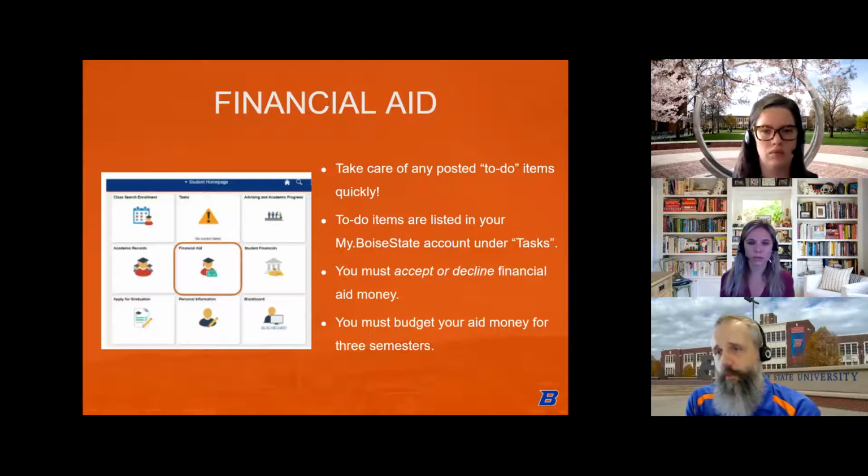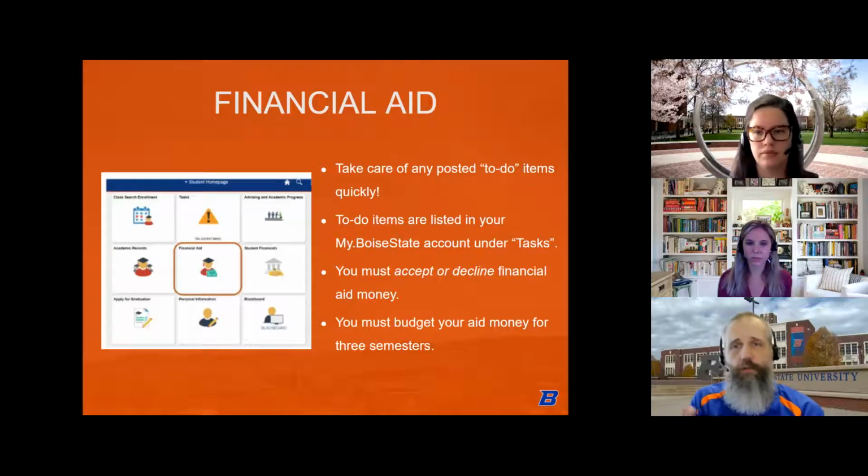But on this page, there's also right above that financial aid tile, there is a tasks tile. And that is where you can see if there's any to-do items that you need to do. And not just financial aid, but any office that needs additional documentation from you or another step that you need to do to move forward, it'll be posted there. And a lot of times it's typically financial aid things. They may be asking for additional documentation of something. So make sure you are checking that. And it also shows if there's any kind of holds that are stopping enrollment. You can see those in that tasks area as well.